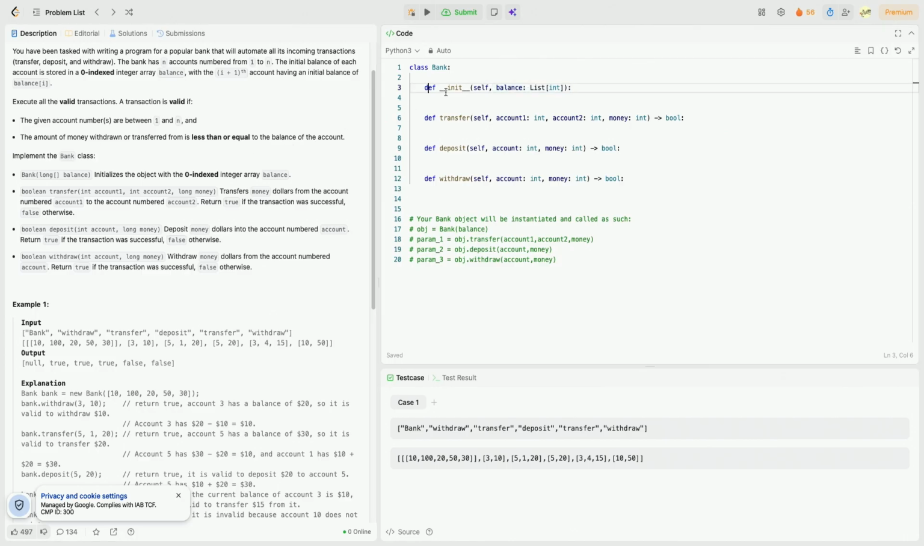The bank class has these four methods. The first method is where we initialize the bank with all of the initial values for the balances for all the different accounts. Then we must implement a transfer function that should return a bool value, whether the transfer was successful or not, and should transfer the money from one account to another account and return true if the transaction